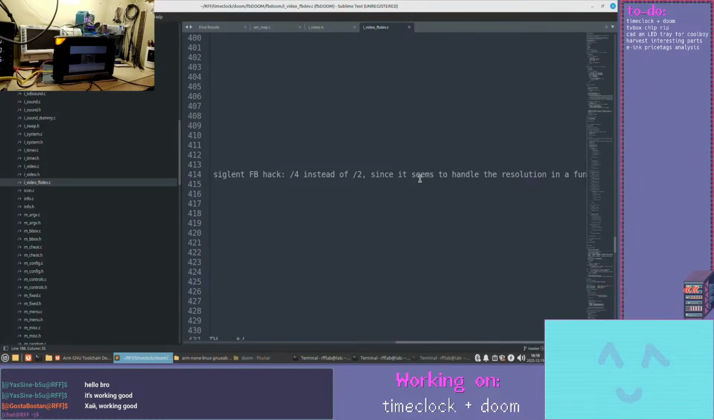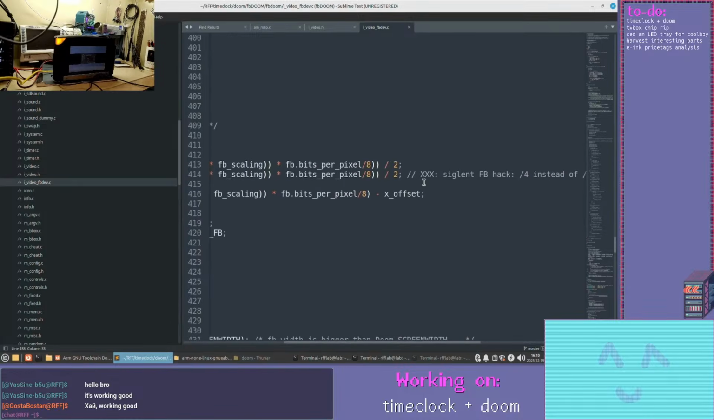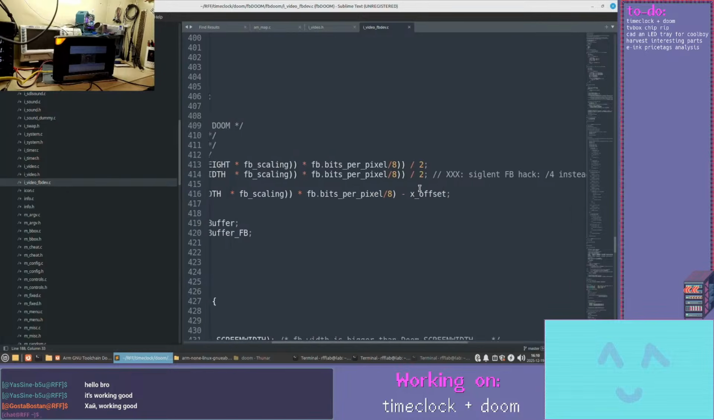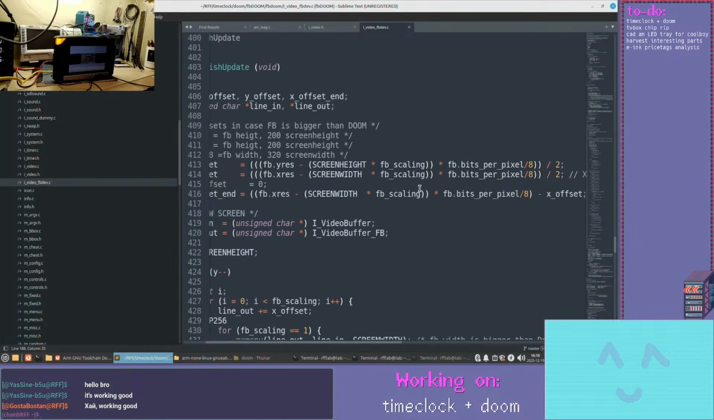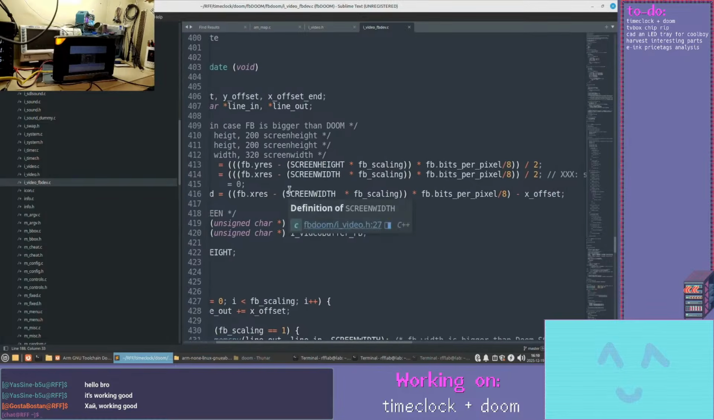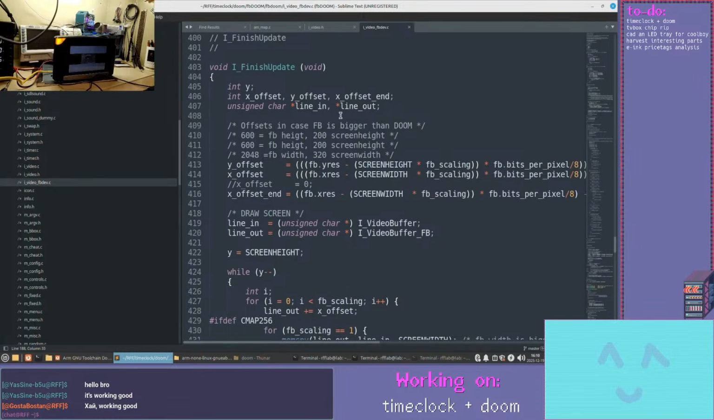Since it seems to handle the resolution in a funny way. What does that mean? That's the Siglent frame buffer hack. So what is this doing? Our Y offset is calculated by taking the frame buffer Y resolution, subtracting the screen height times scaling. So if our scaling is 1, our screen height, I guess is like,